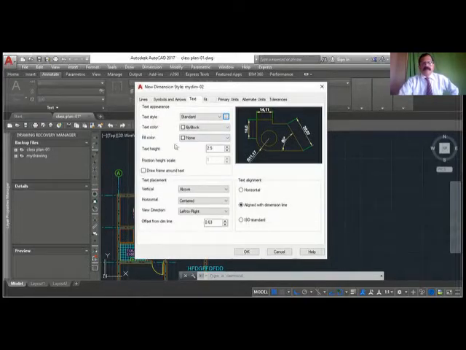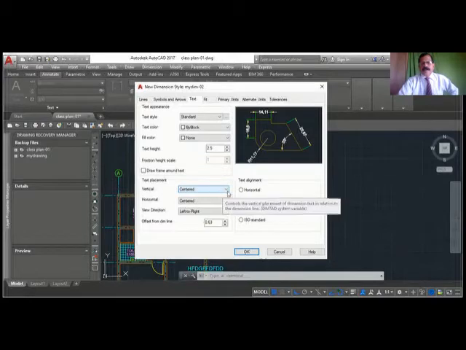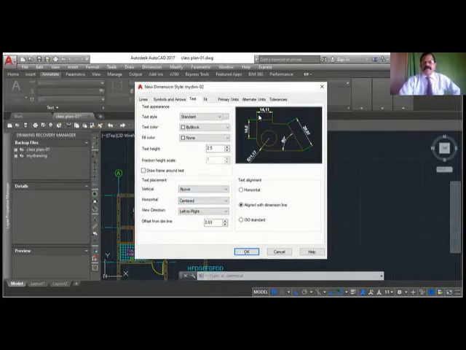All others you keep, the text color, fill color, all default. Here you have to set the text placement, where you want to keep the text. You see, this is above because the vertical is set to above. You have to change only the vertical. Suppose you want to keep it in the center, you select center. Now all the dimension text will be in the center. When you keep above, you can keep more. It is always better to keep above, but if you want, you can use center also. The horizontal and view direction settings, you don't change anything, just keep the default settings.